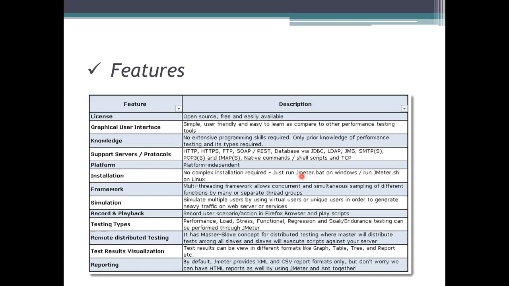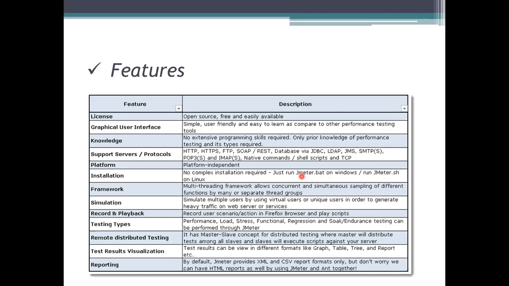And after that, what you have to do is set up the environment. After setting the environment, download the JMeter software, any version, because JMeter has multiple versions. Whichever is useful for you, we can choose that one, and we need to download that JMeter version. Right now it is 2.9.